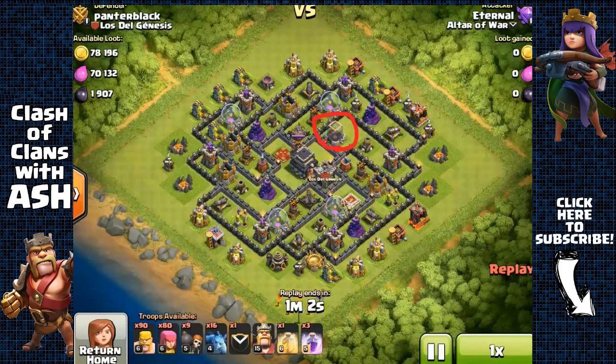Even though it looks empty, it's not. It's actually holding about 90% of that Dark Elixir. So we're going to have to target that Dark Elixir from this side because that's the shortest direction towards the Dark Elixir. But in order to do that with our Barbarians and Archers, we're going to have to first create